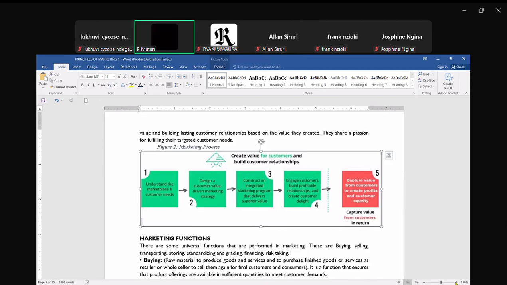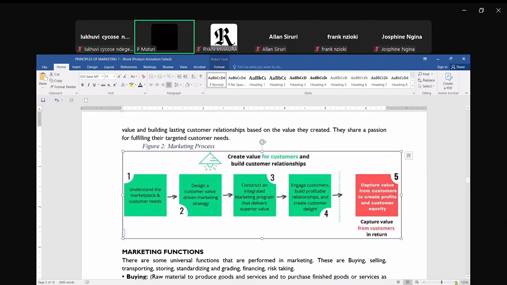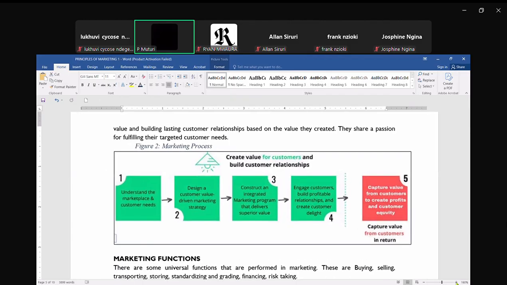I hope you can see it. Remember, when you are looking at a process, there's always the way it starts and how it goes. So that is what makes it a process. It's stepwise, so this stepwise approach is critical. You start by understanding the marketplace and the customer needs. That is where you begin. So when you're coming up with a product or a service and a company is offering whatever it's offering out there, it is in response to some identified needs.